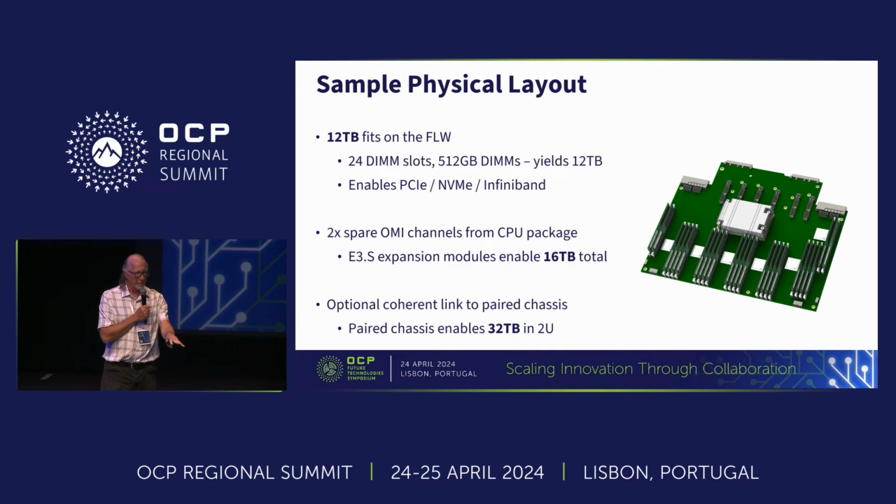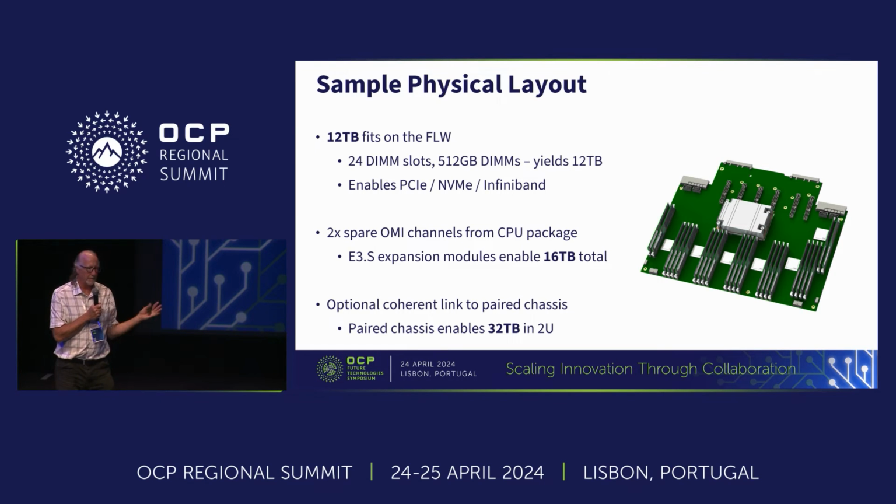So you get a total of 24 in this particular layout. That gives you, with 512 gig DIMMs, the 12 terabytes. You can see the slots up front, it's still enabling your PCIe slots, which you may or may not want to do depending on your use case. But now that's not enough, and so another way you could do this,